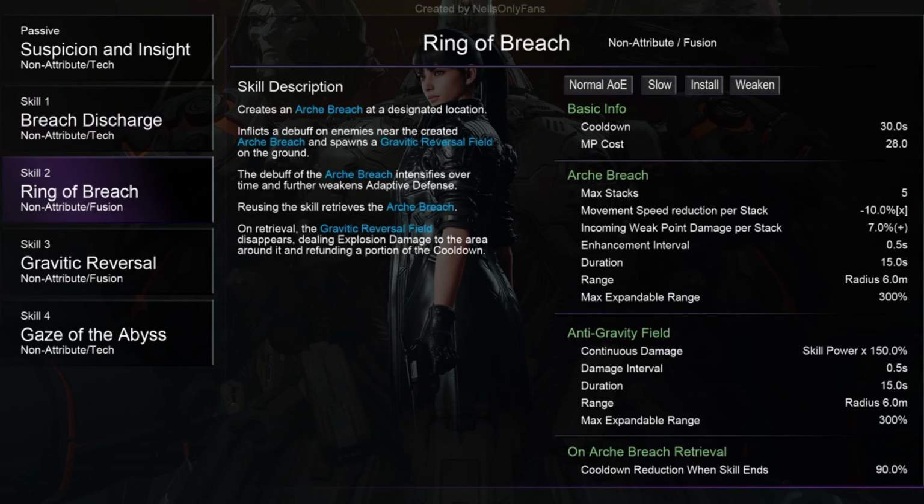Alright, let's move on to skill 2. Ring of Breach is a non-attribute fusion. Creates an arcade breach at a designated location. Inflicts a debuff on enemies near the created arcade breach and spawns a gravitic reversal field on the ground. The debuff of the arcade breach intensifies over time and further weakens adaptive defense. Reusing the skill retrieves the arcade breach. On retrieval, the gravitic reversal field disappears, dealing explosion damage to the area around it and refunding a portion of